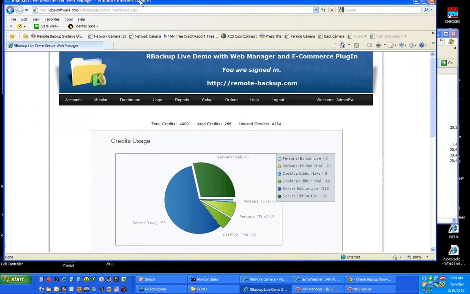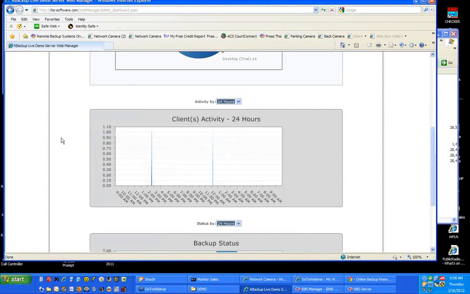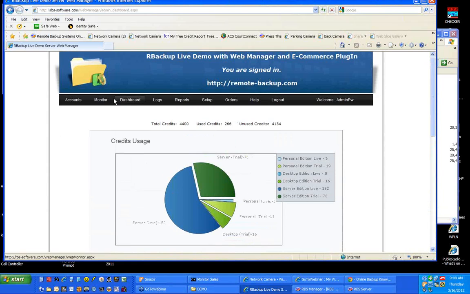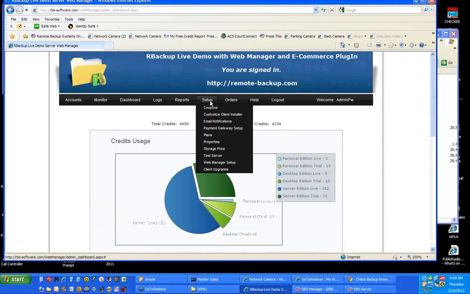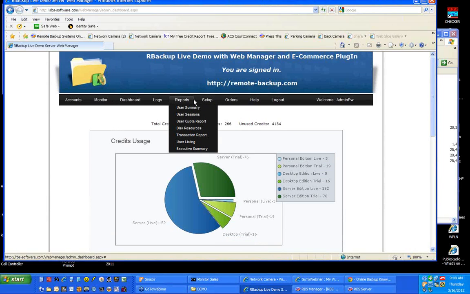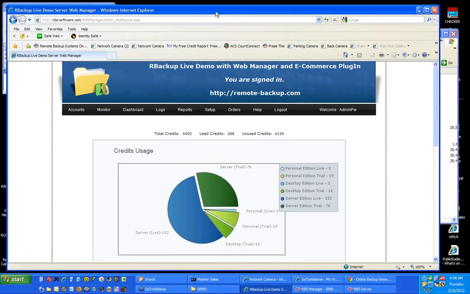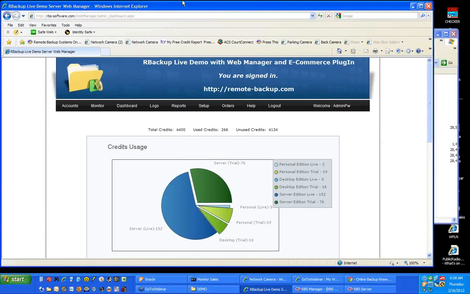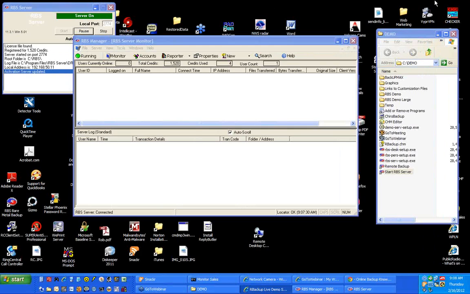I'll drag that on so you can have a look at that. This is the Web Manager plugin. It has a few more features. It's got lots of reports and lots of setup options that you can use. Again, just a different way to view the server, to manage it. Okay, so to use RBackup, the way you do this is you install